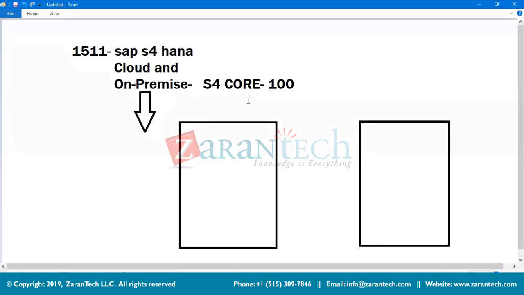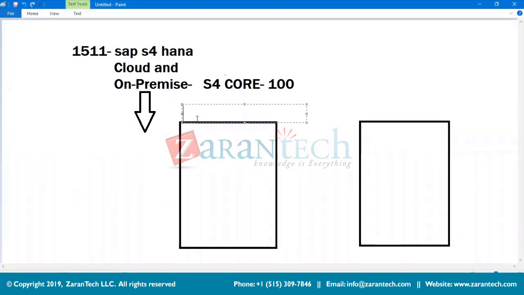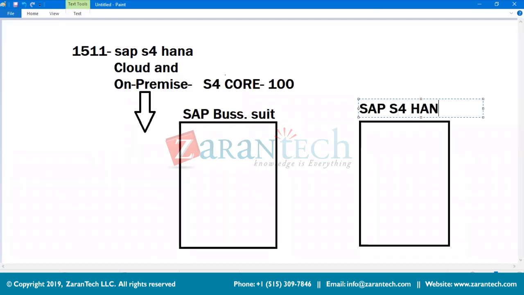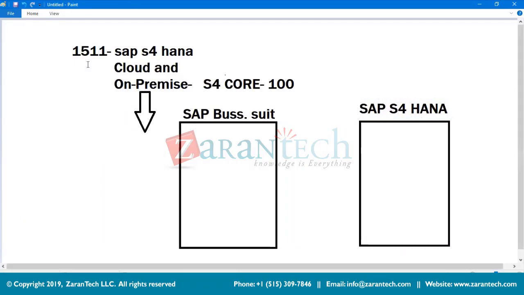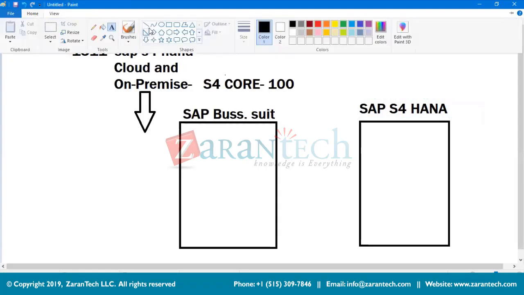Just taking the license of SAP S1, this is my SAP Business Suite. And here we call it SAP S4HANA. The names are different over here, but how do we distinguish them? When I call it the SAP Business Suite,